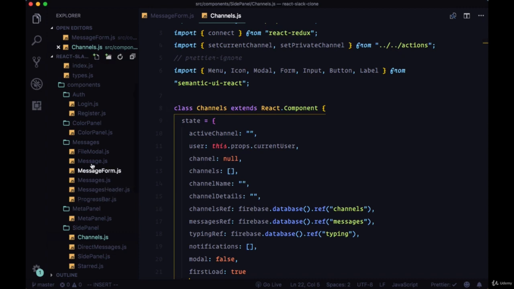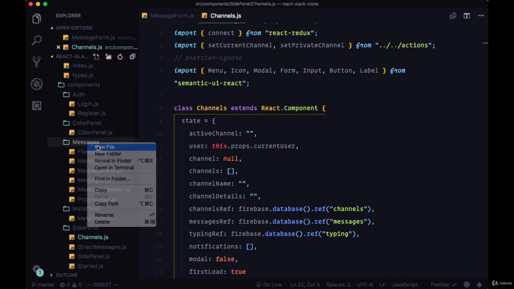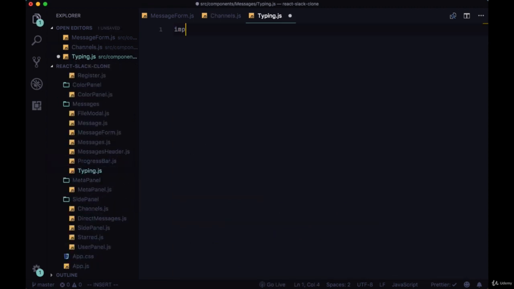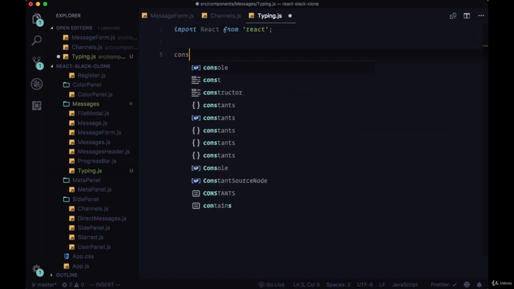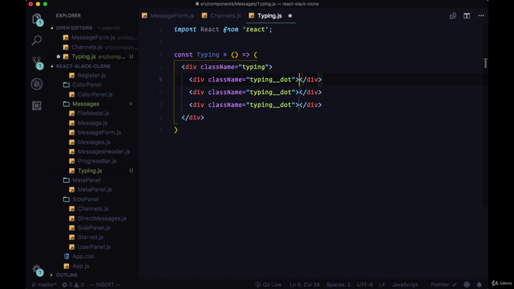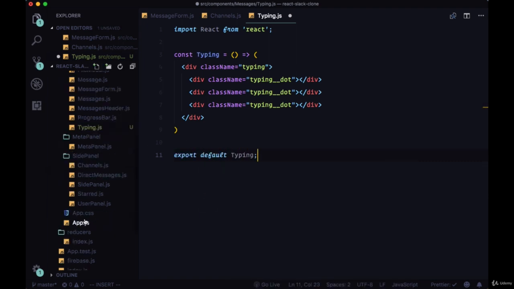Now let's move on to our typing animation for each of the users that are currently typing in a given channel. We'll create a typing component within our messages folder, where first we'll import React. This will be a stateless functional component, where we'll have a typing div, a div with the class of typing, which will contain 3 divs with the class of typing__dot. At the end, we'll export our typing component,